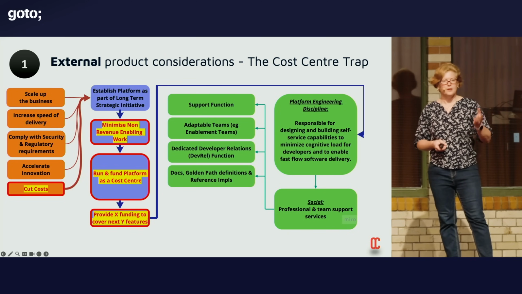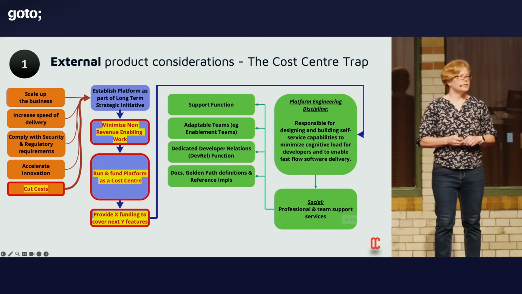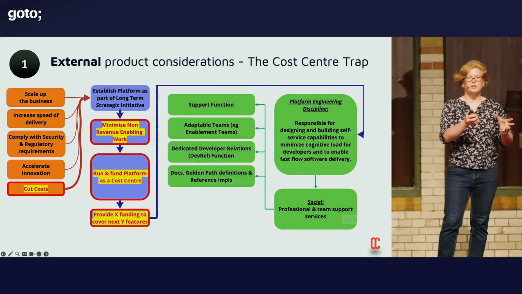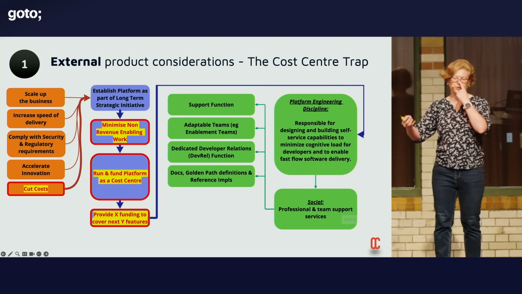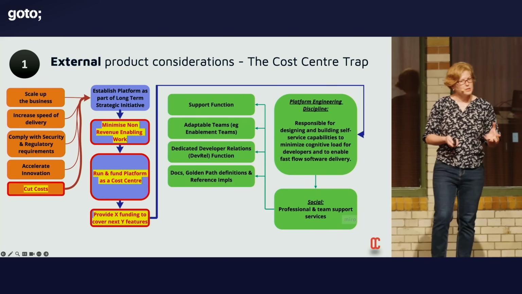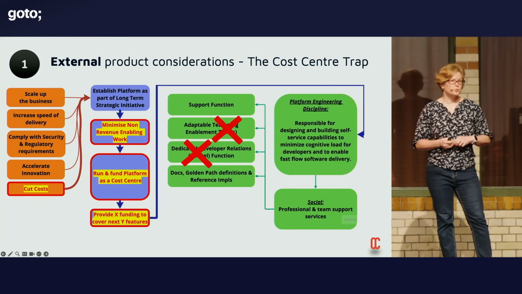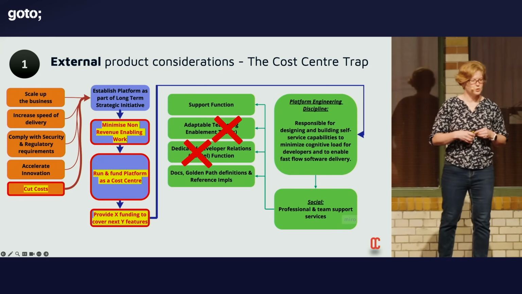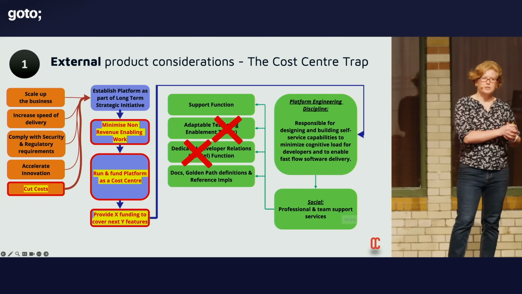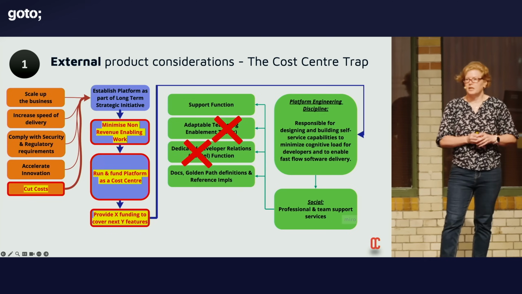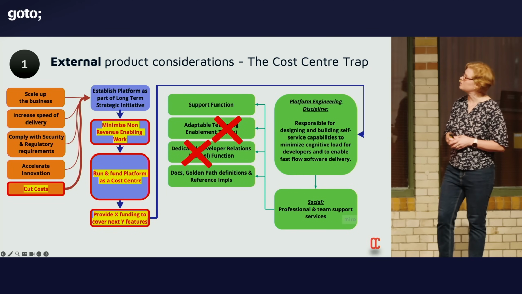So what we've seen happen is that people need to save money, so they'll say, all right, you're just going to get X amount of money, do the best that you can to implement as many features as you can to help the developers. And because you're now constrained by the money that you've got, you have to sacrifice things. And often the things that get sacrificed will be things like your developer relations type roles. If you were doing this for an external product, it would be quite natural to have marketing type roles in there in order to promote your product.